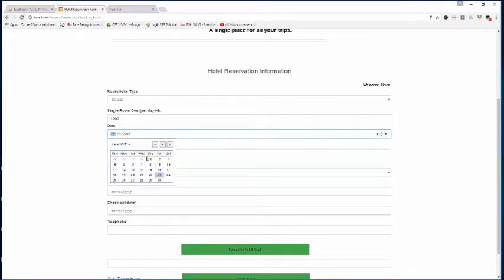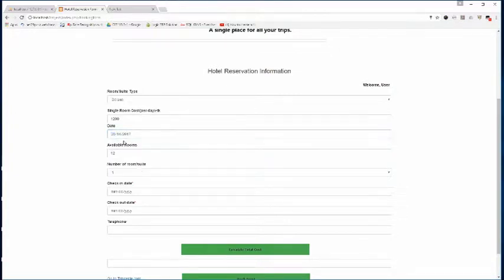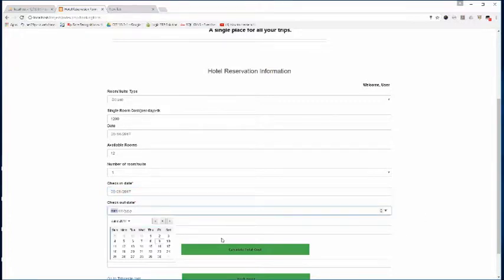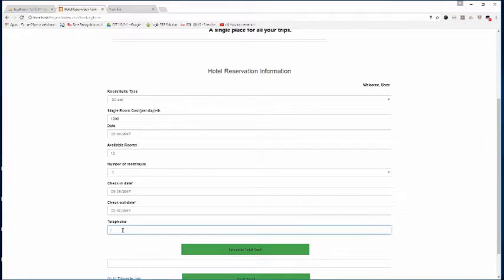But if we place 30, so let's go to the number of room and suites. So we can see that we have already allocated a new kind of system where if we place later dates, it will show available rooms 0, and if we place the dates according to our database, then it will place 12.